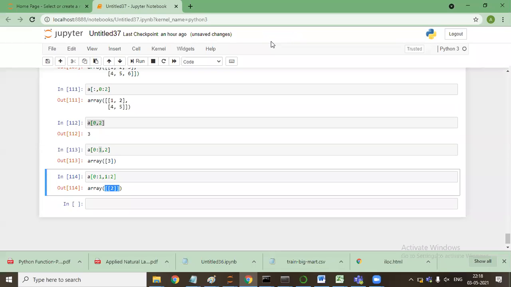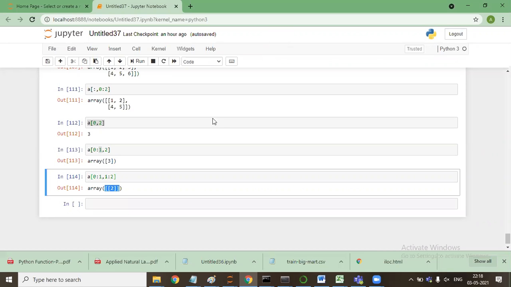I passed the 0th row in a dimension, and then the first column in a dimension. If I simply say A[0, 1], then the value 2 will come, but it is not inside those square brackets. Because of the colons, it will understand it is a multidimensional array.